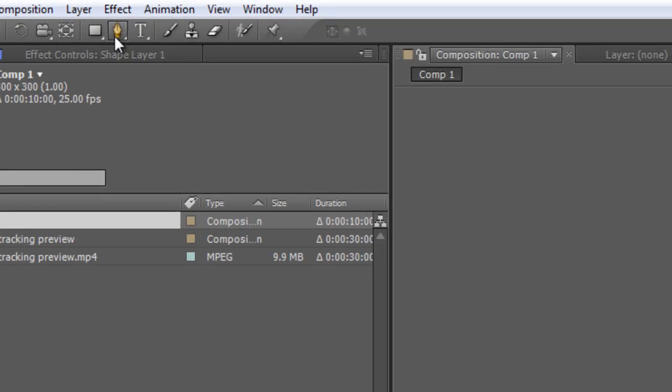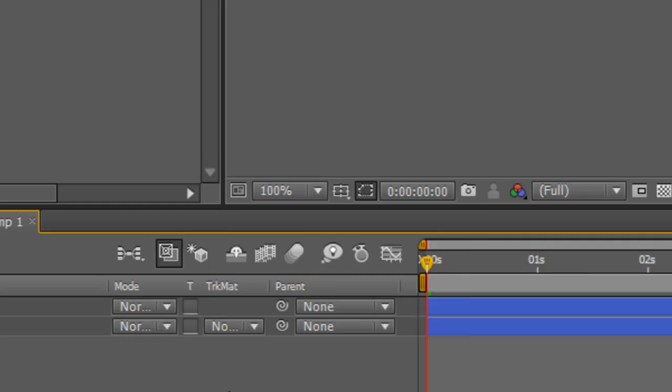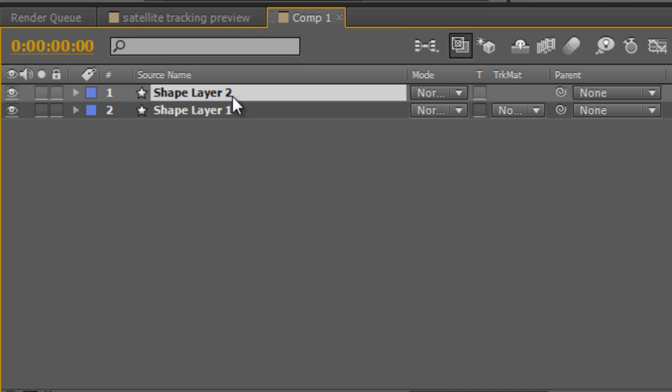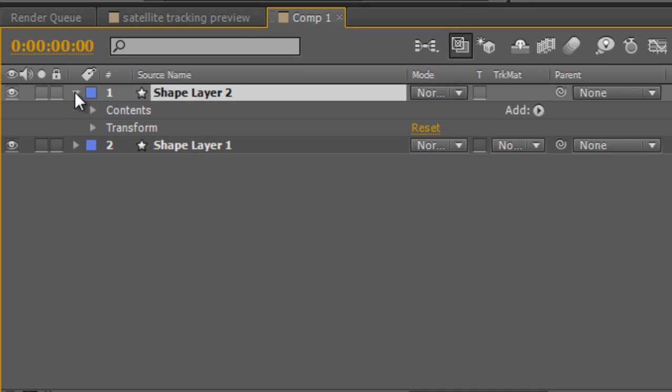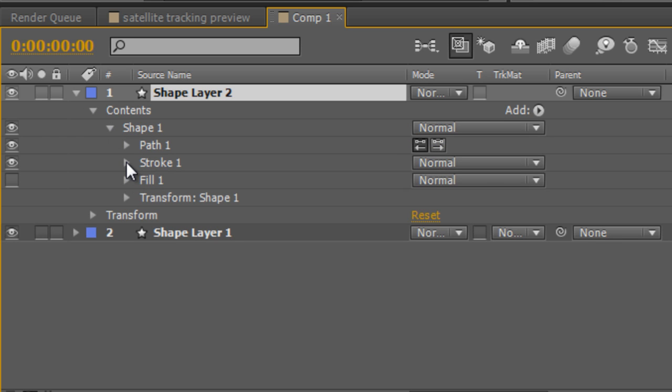Okay, now go to your pen tool, and you should still have the fill unselected and the stroke of 4. So I'm just going to head to the center point at the top and click once, hold down Shift and click again, and that'll lock it to a vertical line, and that just creates a straight line and a new shape layer. So twirl down the contents and the shape properties and then the stroke properties,